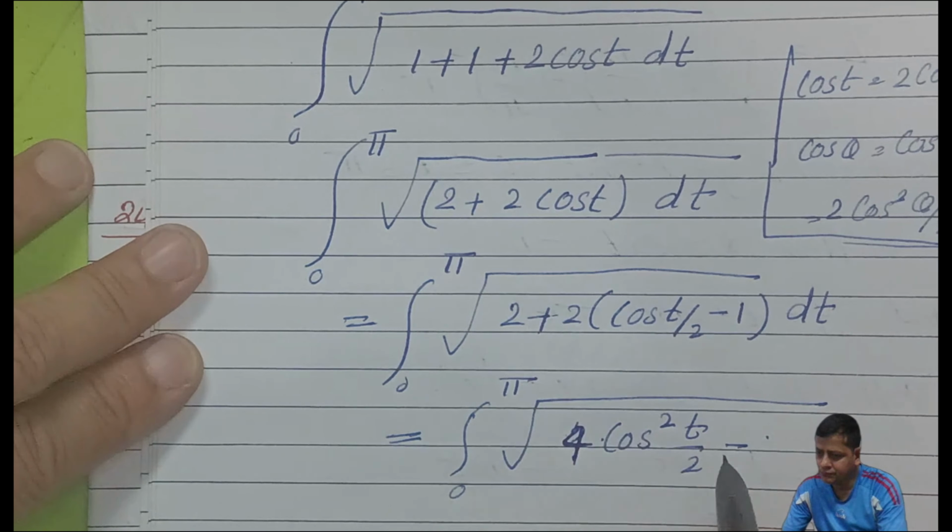Okay, now just go for further simplification. Now we go for integration, putting sine t by 2 over 1 by 2, from 0 to pi. Why did we write sine? Because the integral of cos is sine. Then we put out the constant, so we get 4 into sine pi by 2 minus 0. So further we get 4 into 1 is equal to 4. So that's the answer we got.